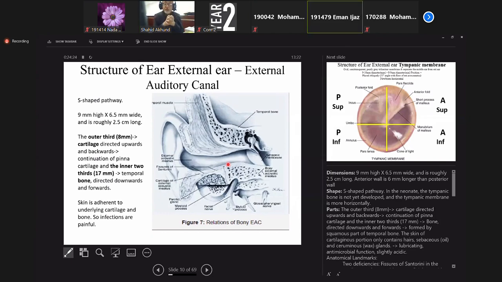So what is important for the pain sensation to travel? Innervation. Okay, so we'll see the innervation. Now let's look at the limit, which is the tympanic